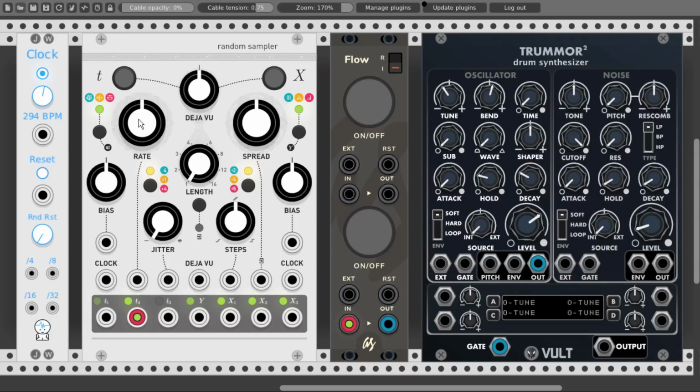We have an internal clock we can use and three outputs, T2 in the middle, which will be our constant clock, and two more outputs, T1 and T3, that according to the mode we are in will output gates in a different way, and we will go through the different modes in a second. We can change the rate of the clock by using this rate knob. We can take it higher or slower. And we can also change its rate by switching between three modes using this button here.